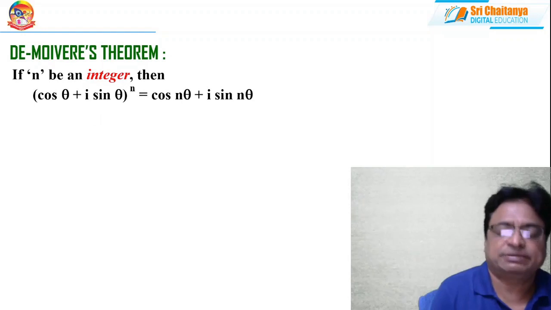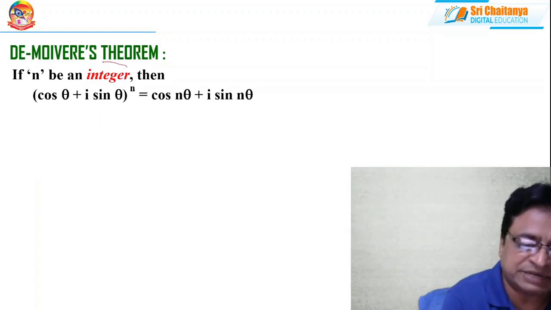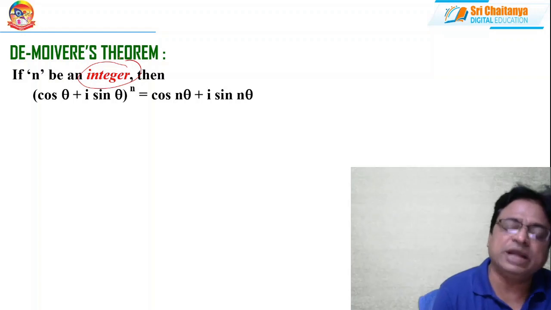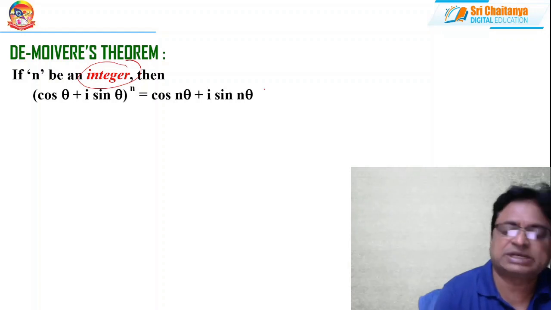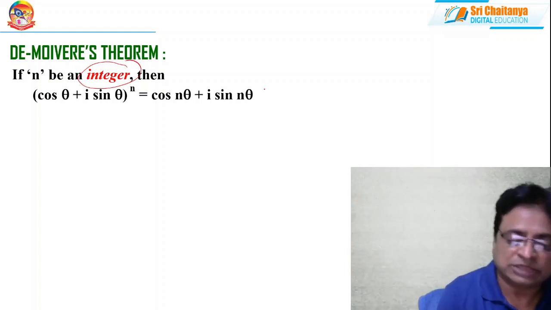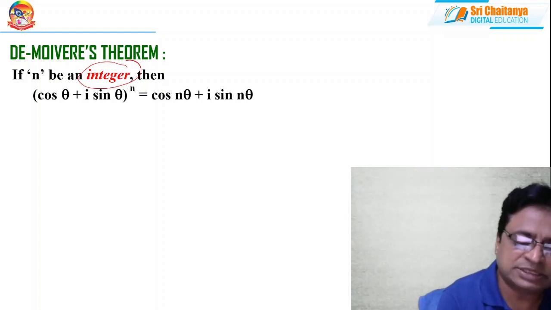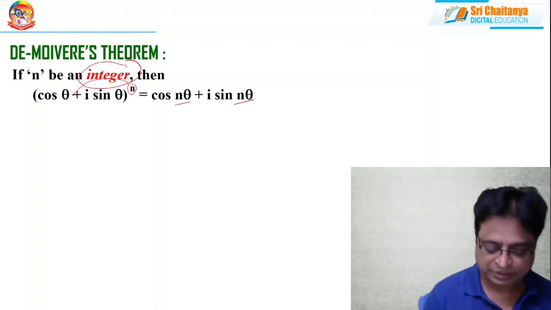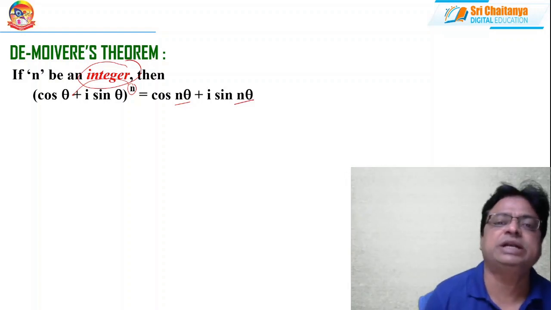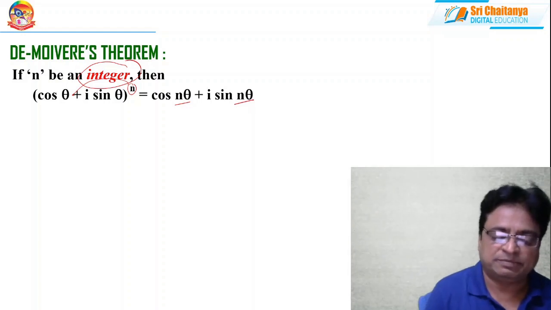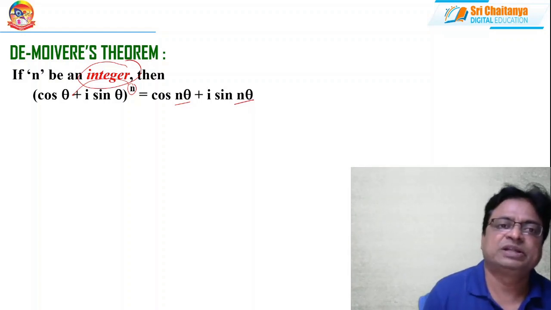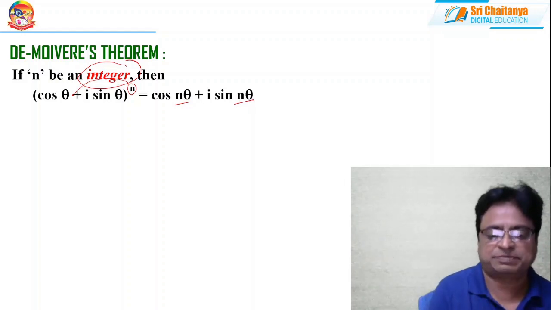If n is an integer, this is important. If n is an integer, whether it is a positive integer or negative integer, then (cos theta plus i sin theta) whole power n is equal to cos n theta plus i sin n theta. The easy way to remember is (cos theta plus i sin theta) whole power n, you just multiply this n with theta. That is cos n theta plus i sin n theta, you will get it. Okay, this is for what? If n is an integer. And how to get it? It's simple binomial theorem concepts only we can apply. That proof also I will give later. But here you just practice the formula.